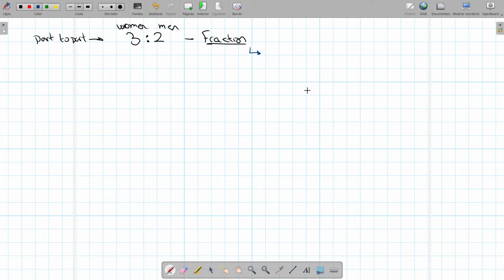Okay, so what do we have to do? We have to find the whole. How do we find the whole? We add up the parts. So in this case, 3 plus 2 is 5. And remember that fractions were parts in a whole. So what we do is